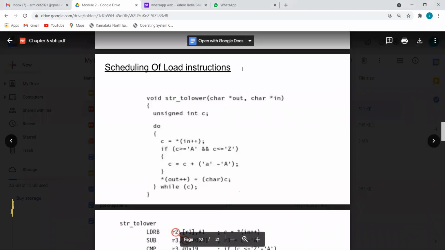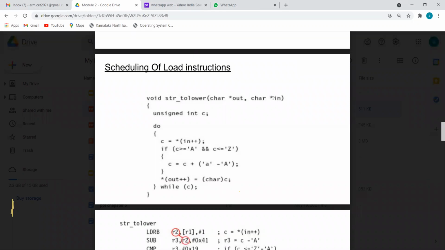If I take capital letters ABC, they have to be converted into small letters abc. Where to take them from? Keyboard, that's called the input device. Where to show? Monitor. Input means keyboard, output means monitor. Now take one alphabet at a time, so it's a temp buffer. See now, star of input plus plus. Input means keyboard, so you go on hitting one key after another.